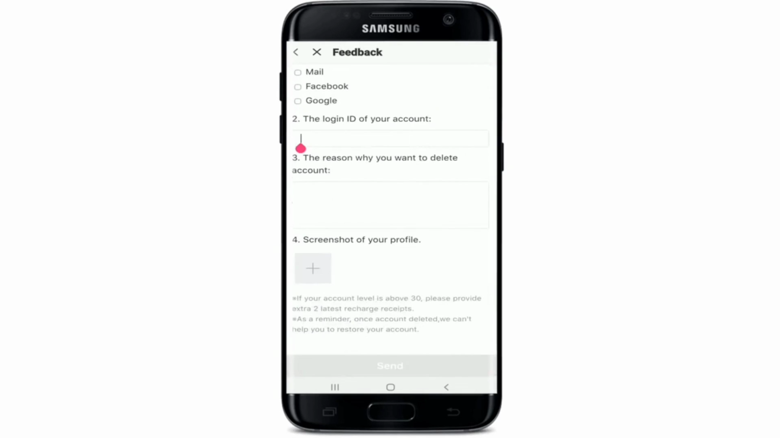Now you'll need to enter your login ID of your account. That was the main reason we took this screenshot of our profile. Simply type in the ID and go to the next field. Type in a reason why you would want to delete your account. You can type in any reason that matches yours, and then after you do that, tap on the plus button